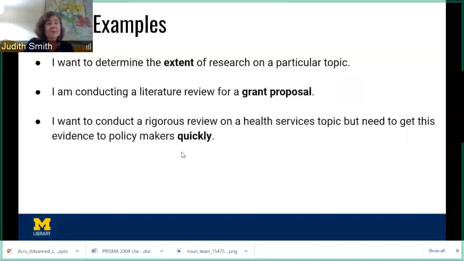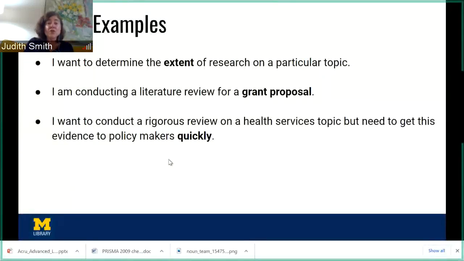For example, if you want to determine the extent of research on a particular topic, something more broad, that might be a good match for a scoping review. If you're looking for literature for a grant proposal, then conducting a formal systematic review, which could take 18 to 24 months, wouldn't really be a good match. There are other types of reviews you can work on and other ways of gathering content.